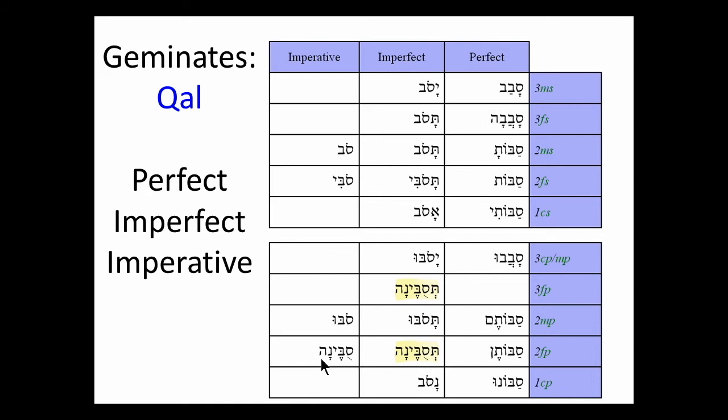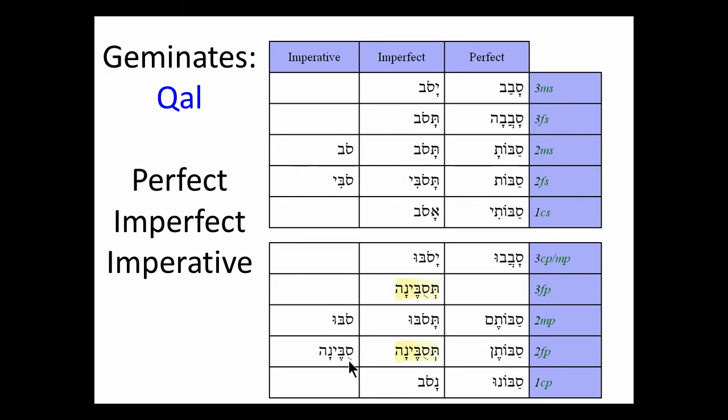This is not a pual form. Why? Because in the pual perfect, ana is not a perfect ending. It can't be a pual imperfect because there's no prefix. So when you get something like this,